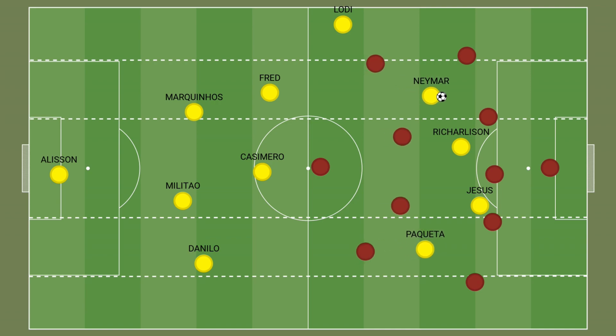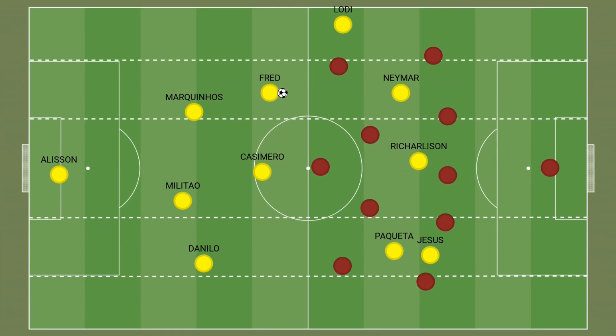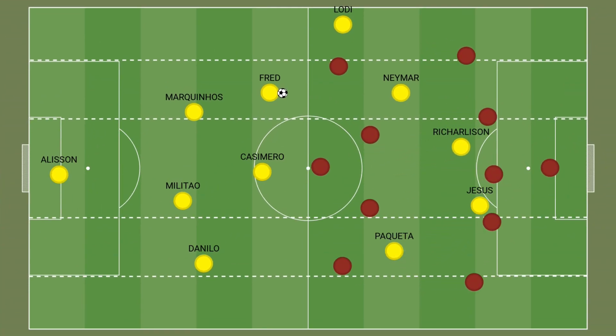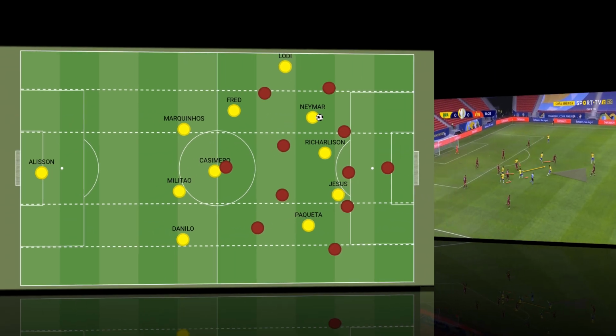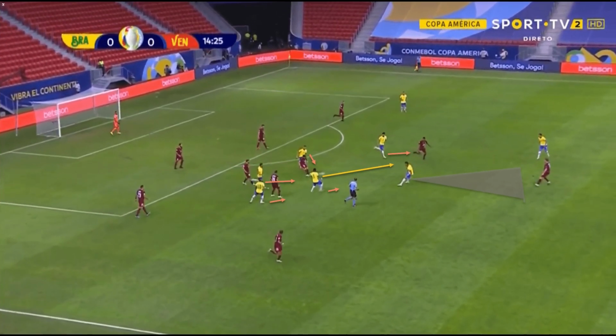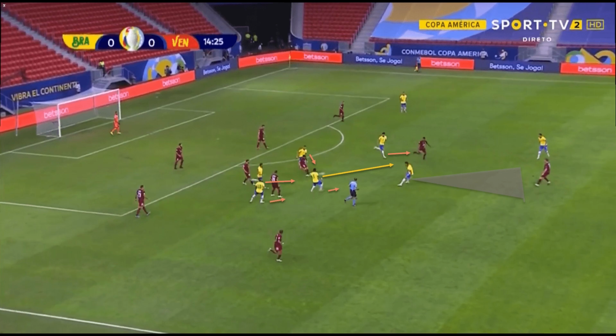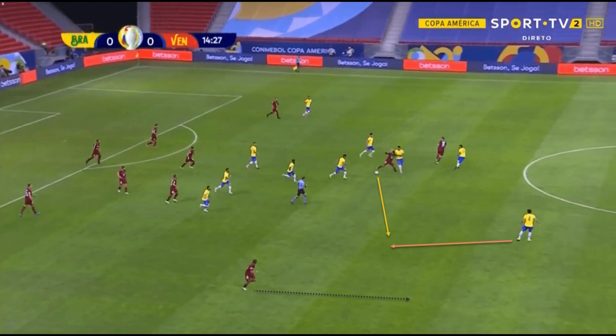This approach also helped Brazil to counter-press quite effectively in this match, as they had a number of players close to each other who could immediately put pressure on the Venezuelan players. The moment Brazil lost the ball here, they swarmed over the Venezuelan players, with Casemiro cutting off the pass to the striker. While Brazil failed to cut out the initial pass, they are applying enough pressure for the Venezuelan player